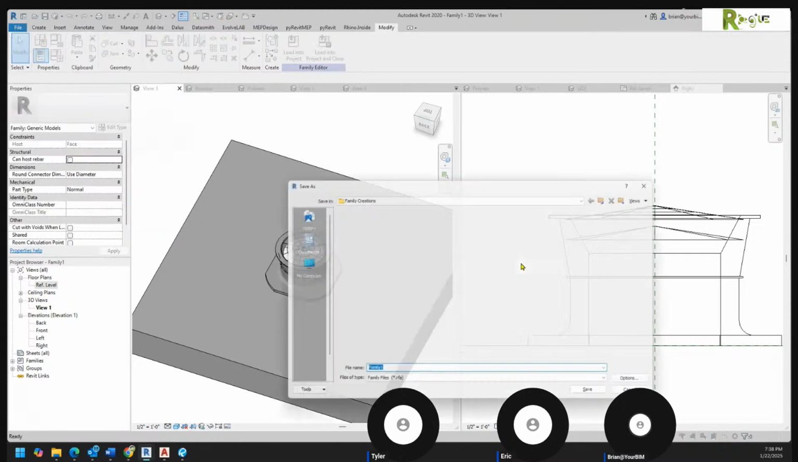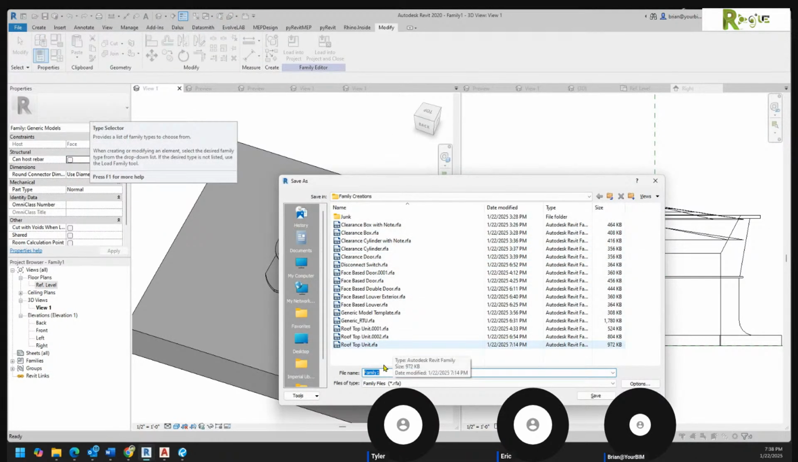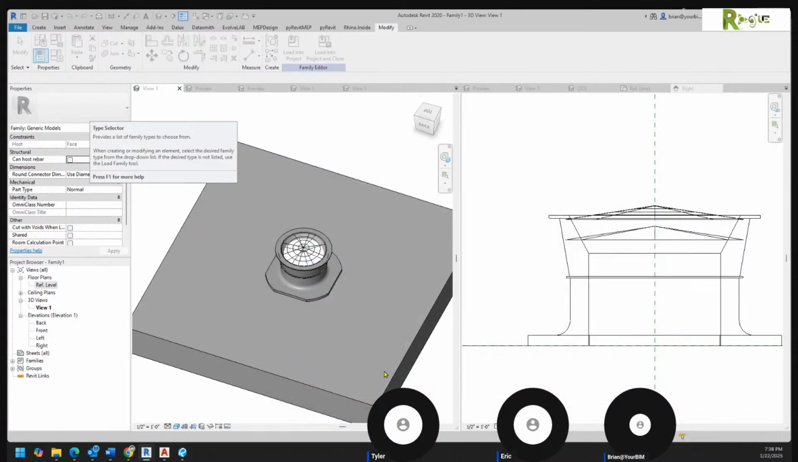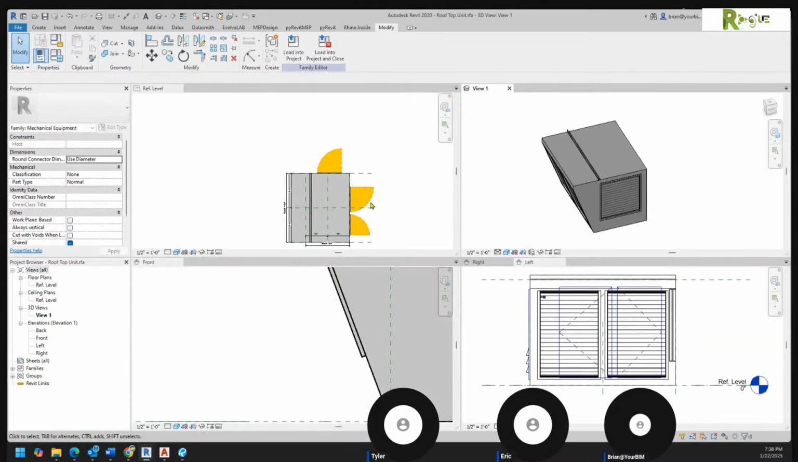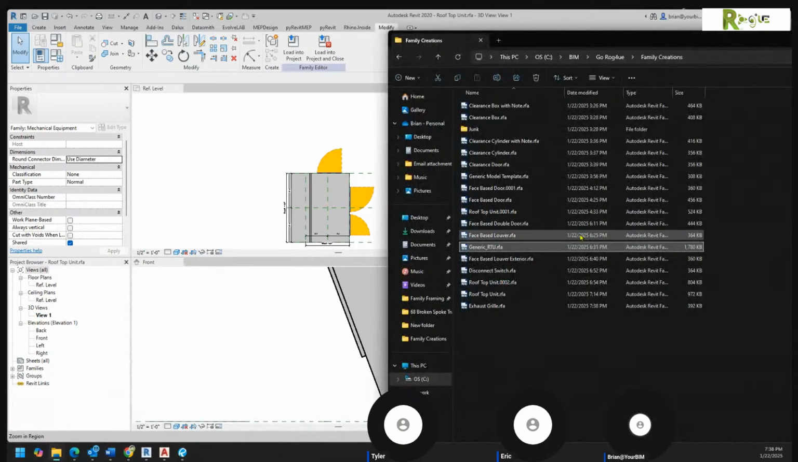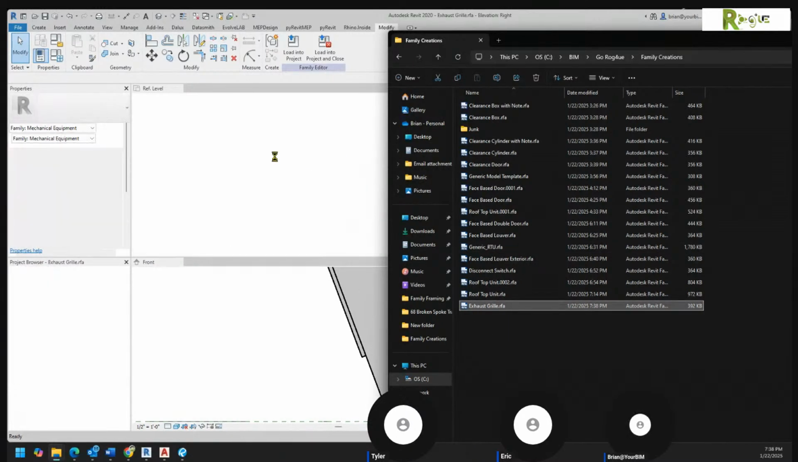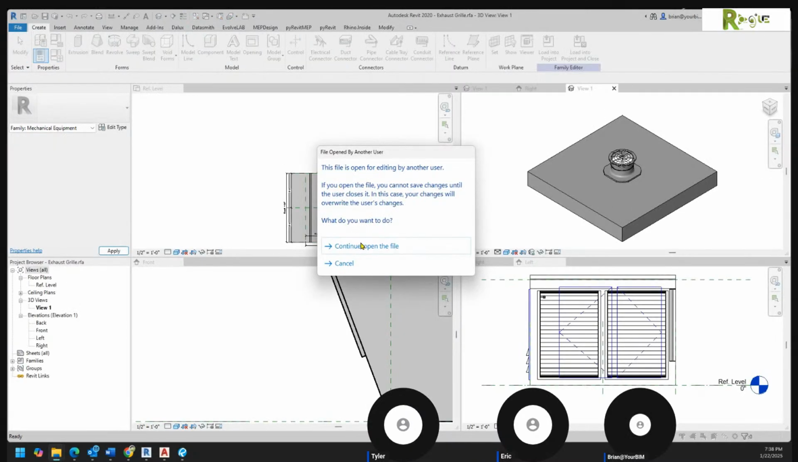Save as family. There it is. What's it going to be called? Exhaust grill. At which point we can go to the family we're making. Grab our family creation, exhaust grill, which is a little 392 bugger. When we drag it in, you'll notice